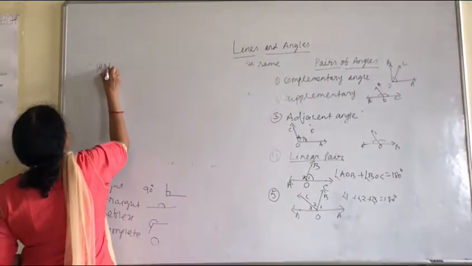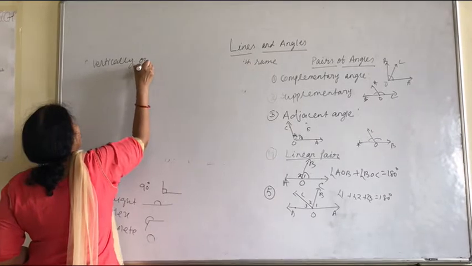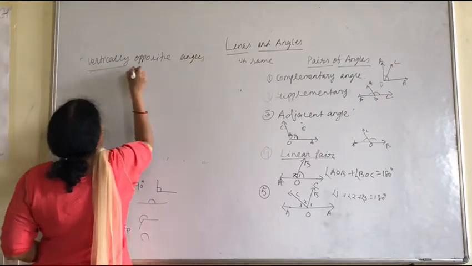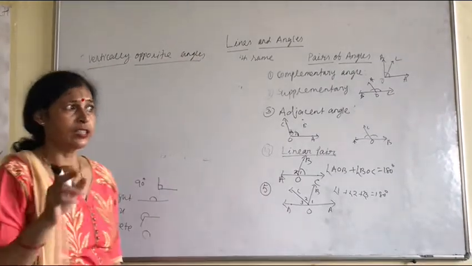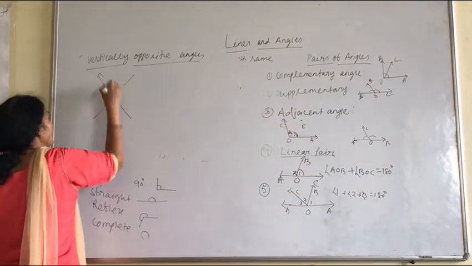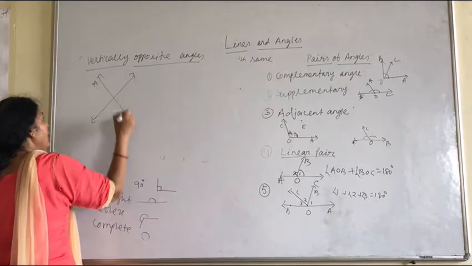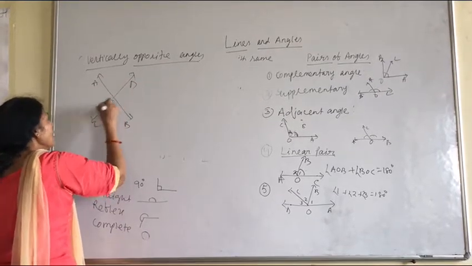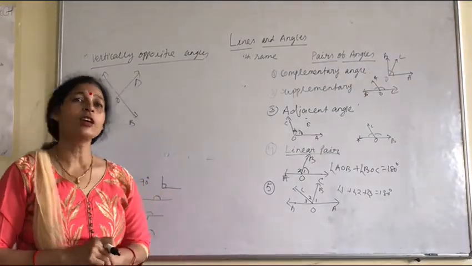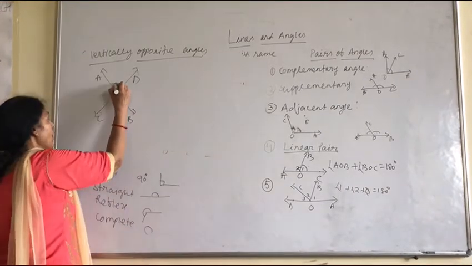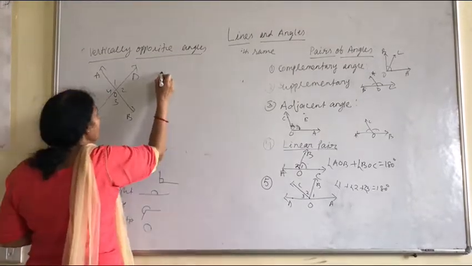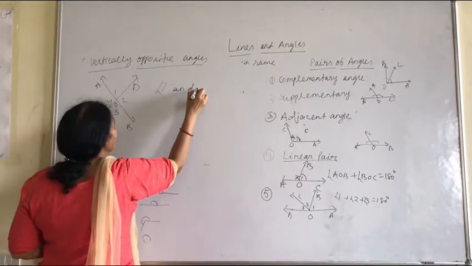When two lines intersect, suppose AB and CD intersect at the point O, the angles formed are called vertically opposite angles. Suppose 1, 2, 3, 4, four angles form. So 1 and 3